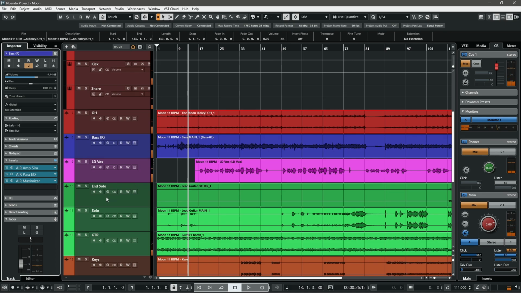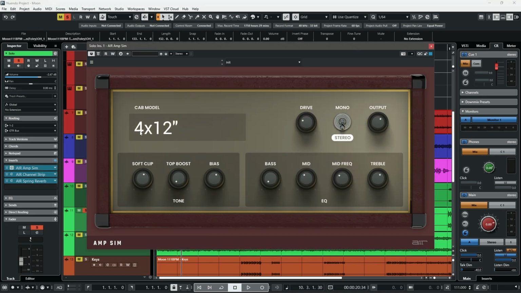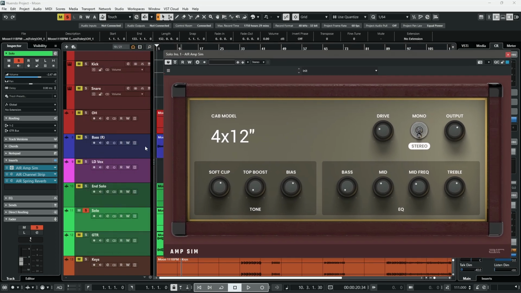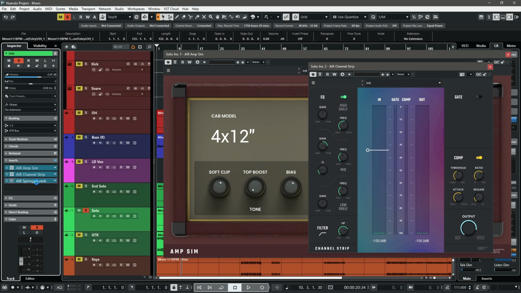Really cool, right? It does a lot of work. Next, let's look at the guitars. So I think I'm doing a slightly different setup for each guitar. For the lead guitar, I'm using the Air Amp Sim, using the 4x12 with a drive in stereo, a little bit of soft clip, and then I'm boosting a little bit of treble, cutting a little mids, cutting a lot of bass. I'm also using the Air Channel Strip to do some tone shaping and compression,